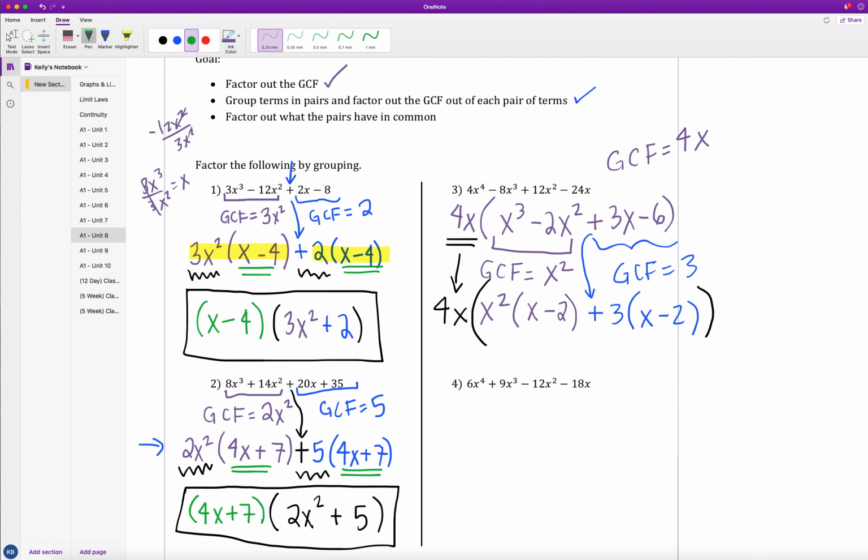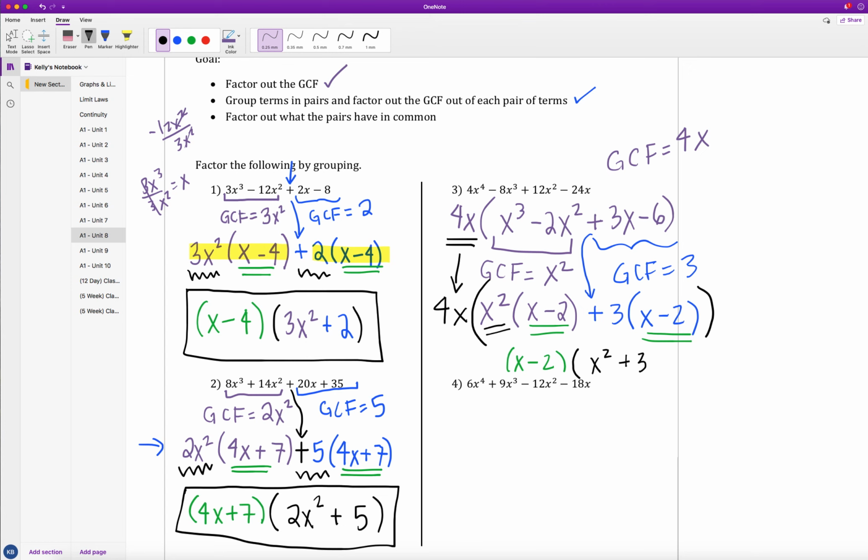Okay, the 4x will continue to be carried down with the problem, so I'll write it at the end. Now we want to pay attention to the factor by grouping going on the inside. So we found the greatest common factor for the first 2 and the second 2 terms, and we factored it out. Now we're left with x squared times x minus 2 plus 3 times another x minus 2. So we can go ahead and factor out that x minus 2, and then we'd be left with this x squared